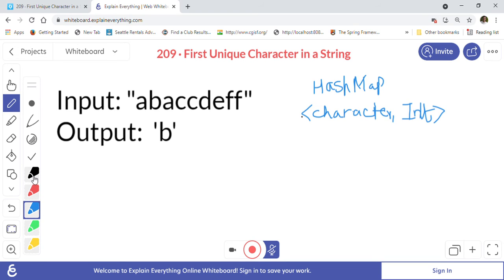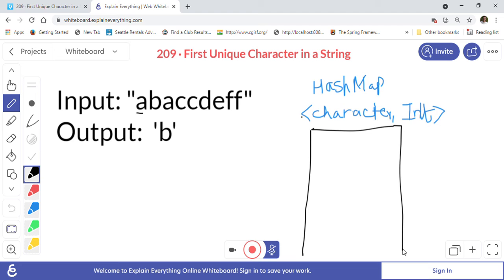and build our map. So we are at character a, so we will put an entry into our map. I'll create a map quickly. We will add an entry a1 here, which means the character a has a frequency 1. Now we are at b, so we will enter another entry called b1.